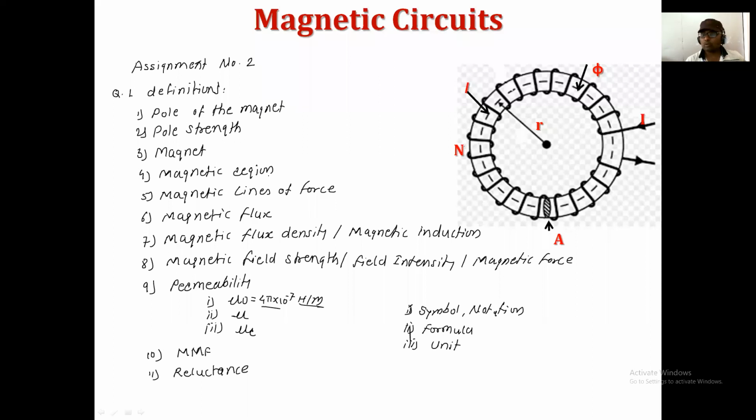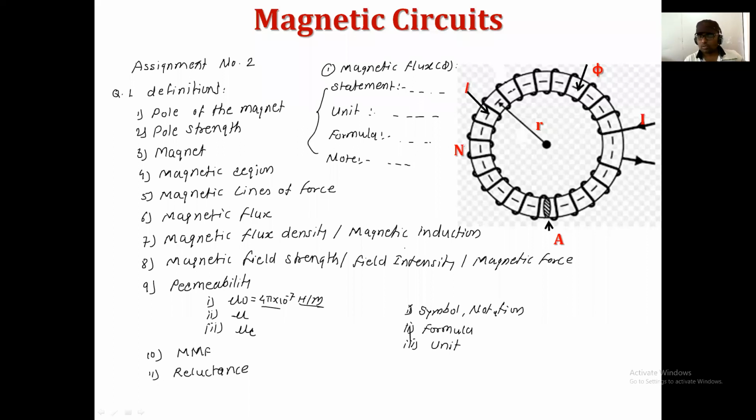नाहीतर मी फक्त प्रश्न दिला डेफिनेशन म्हणलं की तुम्ही फक्त त्याचं स्टेटमेंट लिहिणार, नो, इट्स नॉट लाईक दॅट. मग तुमची डेफिनेशन कशी आली पाहिजे बघा. सपोज तुम्हाला मॅग्नेटिक फ्लक्सची डेफिनेशन लिहायची आहे. मग या ठिकाणी हे असं टायटल येणं गरजेचं आहे. त्याच्यानंतर त्याचं स्टेटमेंट, त्याच्यानंतर त्याचं युनिट, त्याच्यानंतर जर फॉर्म्युला असेल तर तो लिहिणं गरजेचं आहे. आणि जर त्याच्याशी रिलेटेड इम्पॉर्टंट थिंग असेल तर ती नोटमध्ये लिहिणं गरजेचं आहे, जसं की μ0 ची व्हॅल्यू 4 pi into 10⁻⁷ constant value. म्हणजे या चारही टर्म्स डेफिनेशनशी रिलेटेड आहेत. Is it that clear? This is your first question. लक्षात राहिला? Yes or no? Yes, sir.